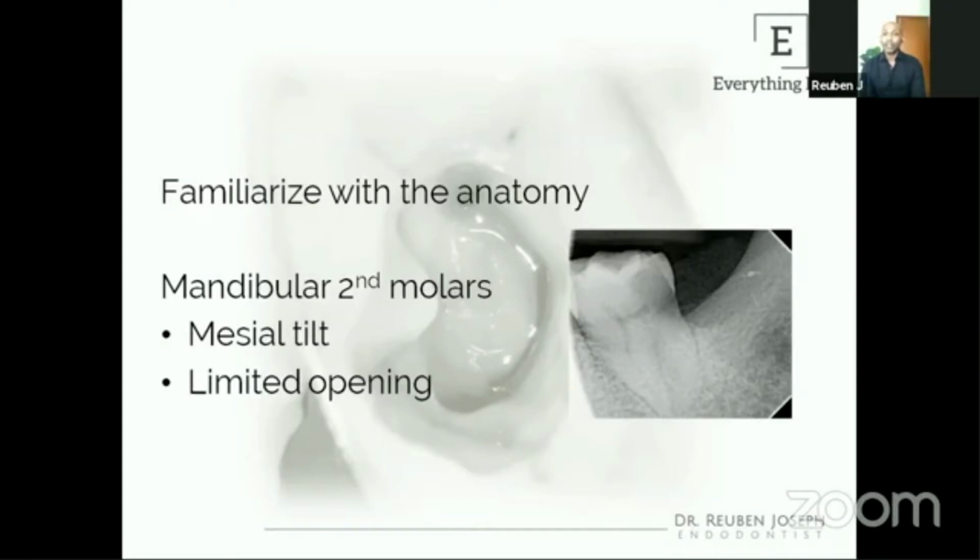As a clinician, one thing we need to be prepared for at this point is, I'm sure we all have observed that a lot of these mandibular second molars have a slight mesial tilt. That's probably because of a missing six and the patient not taking the trouble of replacing it, or it can even be just the occlusion. So these mandibular second molars have a tendency to be tilted slightly mesially. When you do an access on these cases, you should be careful to orient the bur accordingly, or you're going to end up with an iatrogenic error. That's one other observation I would make at the initial stage: am I dealing with an upright tooth or is it tilted?